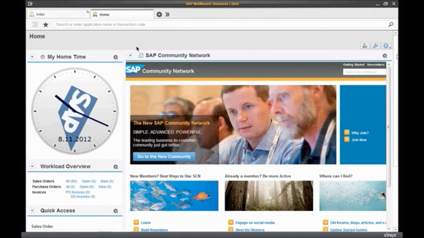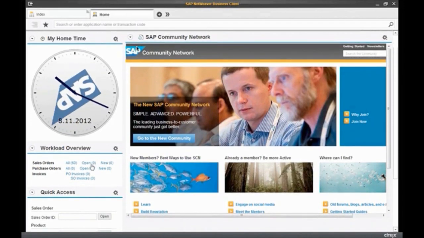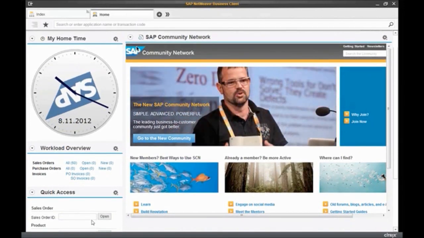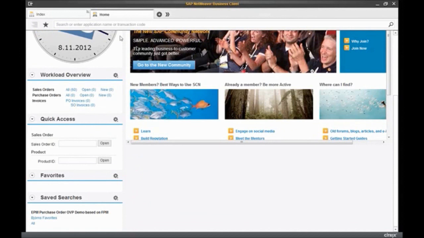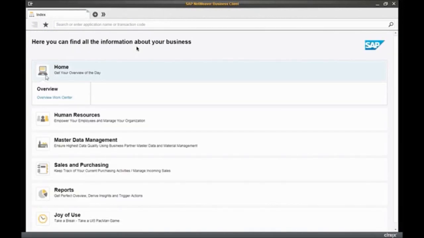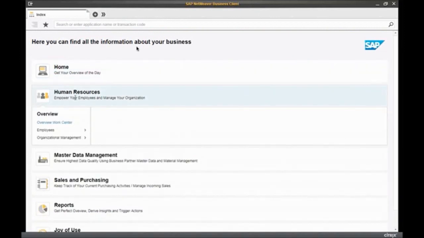So you can actually put web pages together, put your own parts in there. You can also create workload overviews, quick access to specific parts. There are some favorites which you can do, or save searches. So pretty typical from a home screen out of that. Going back to my overall index page, which I have here started, I can also go through the key applications